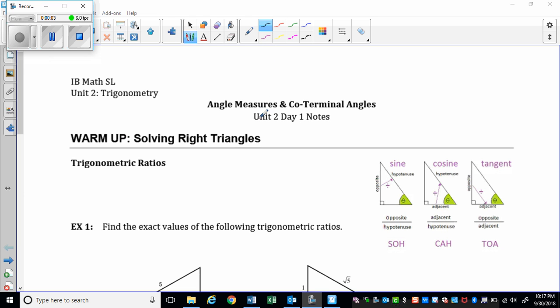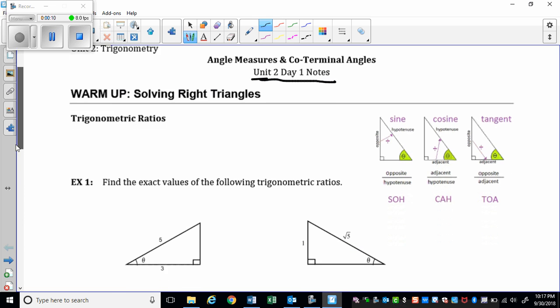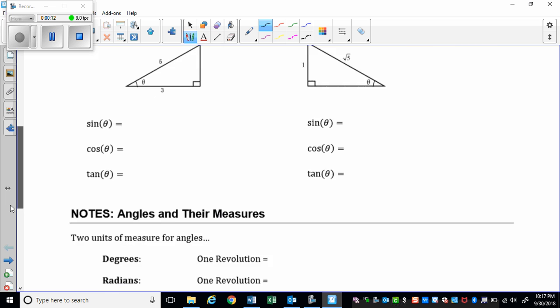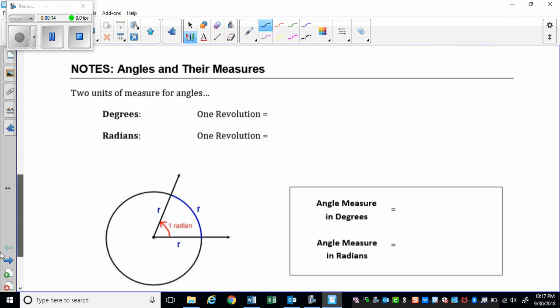Good morning. So we're going to go over Unit 2. This is officially our Day 1 notes. The first part is a warm-up, just going over what we went over yesterday. And then we're going to talk really quickly about